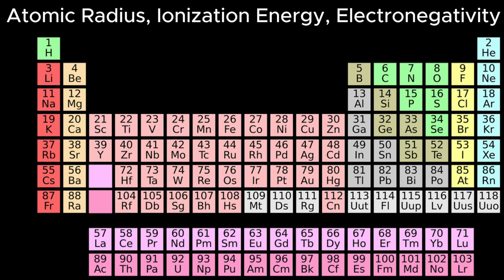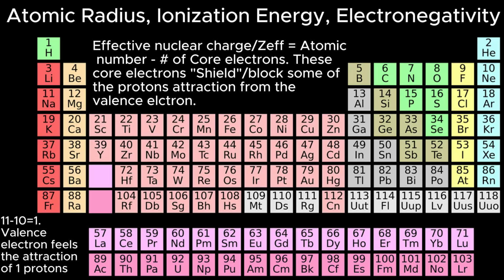Well, all we have to do is take the atomic number, which in this case is 11 for Na, and subtract the amount of core electrons it has, which is 10. So that means we end up getting 1. And that means the valence electron feels a force of attraction of 1 proton. Now,